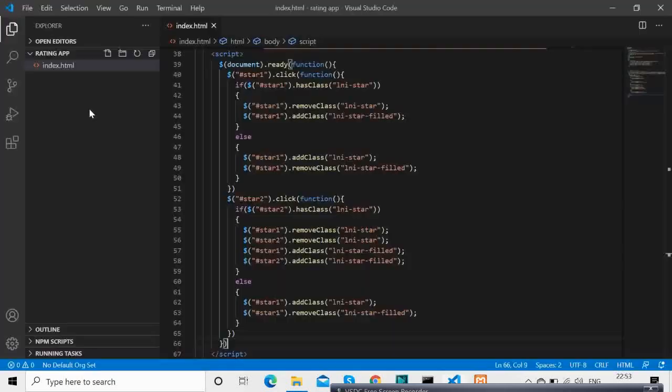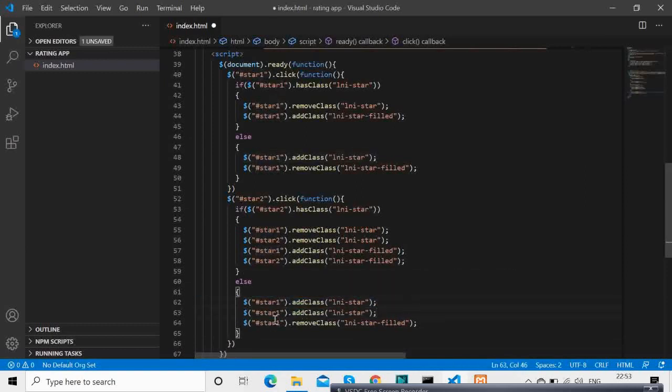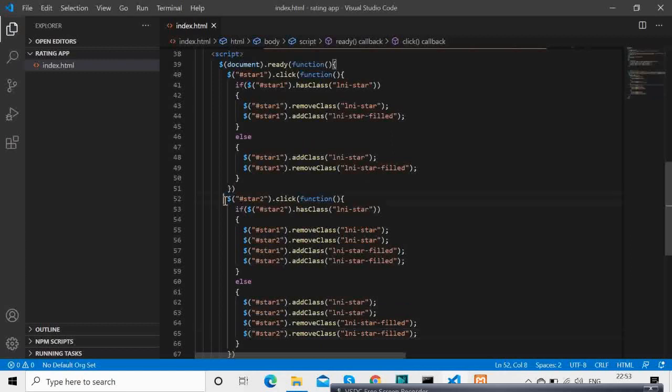So you see, we get both the stars. Okay, now I will just do remove one, and it will be fixed, and this will be perfect. Okay, so we are doing that for the else part also. And now we will refresh the page and you will see that this is working. So if you see, both are selected and both are removed.